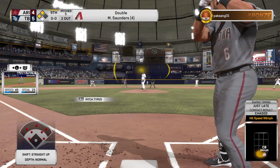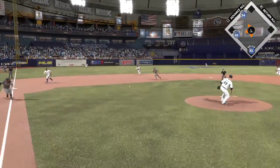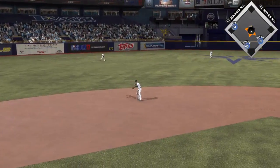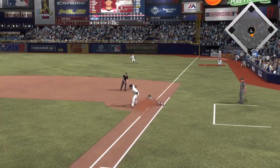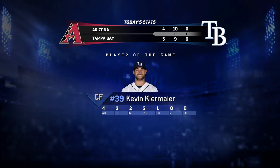So coming to the plate, left fielder, David Peralta. The tying and go-ahead runs in scoring position. Game on the line, 2 men out. Throw on to first will be in time, and the Rays have run their winning streak to 5 in a row now as this ball